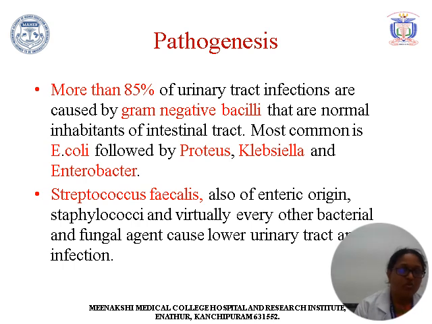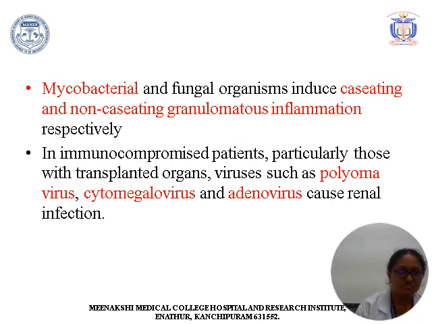Coming to the pathogenesis, more than 85% of urinary tract infections are caused by gram-negative bacilli. The most common one is E. coli, followed by Proteus, Klebsiella and Enterobacter. Streptococcus faecalis, Staphylococcus and other bacterial and fungal agents also cause lower urinary tract and renal infection. Mycobacterial and fungal organisms also cause pyelonephritis, which includes caseating and non-caseating granulomatous inflammation of the kidney. In immunocompromised patients, particularly those with transplanted organs, viruses such as polyomavirus, cytomegalovirus and adenovirus cause renal